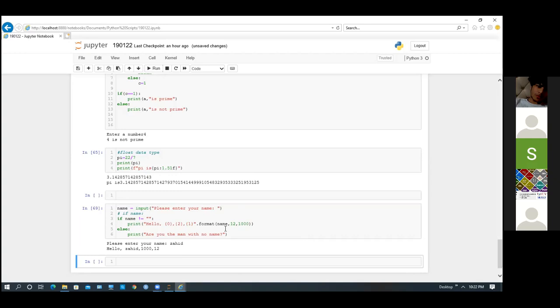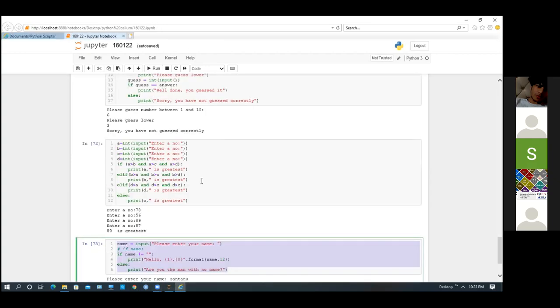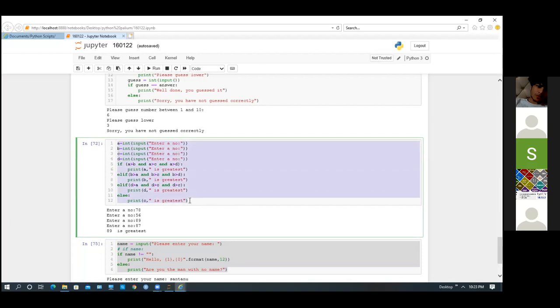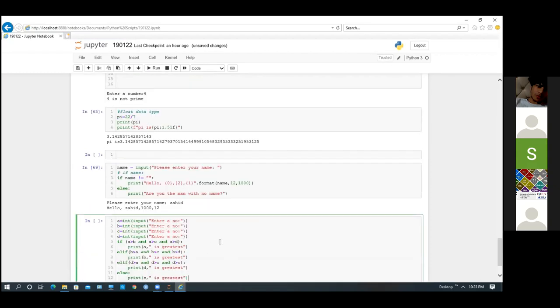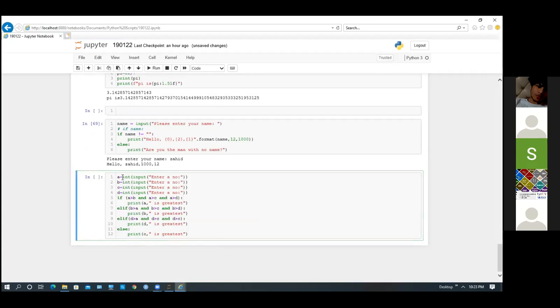No, sir. Okay. Now I want you to write an easy program. Let me show that program, that will be better. Suppose I want to take 4 numbers as user input and I want to find the greatest of the numbers. It's very easy, just to make you understand. So basically we are taking 4 inputs and we need to check which is the largest among them.